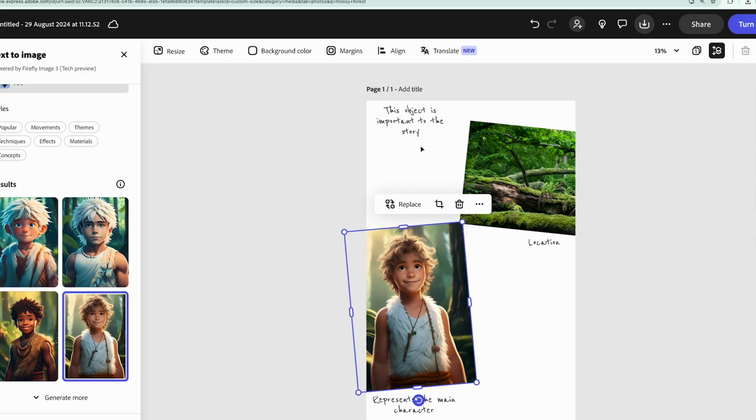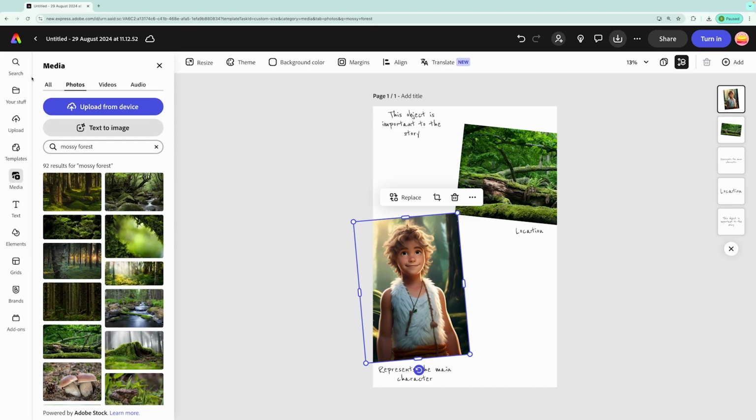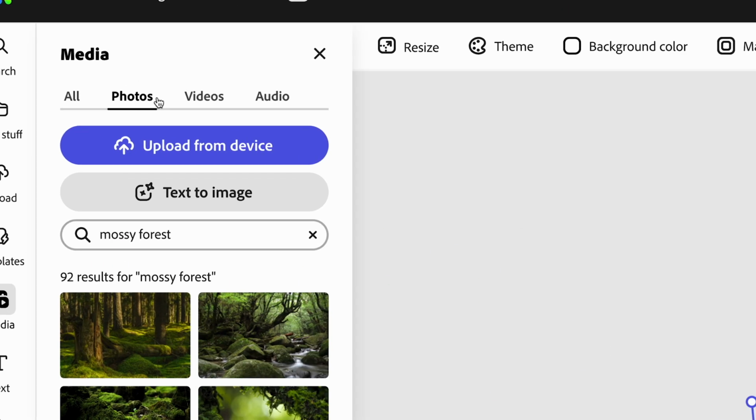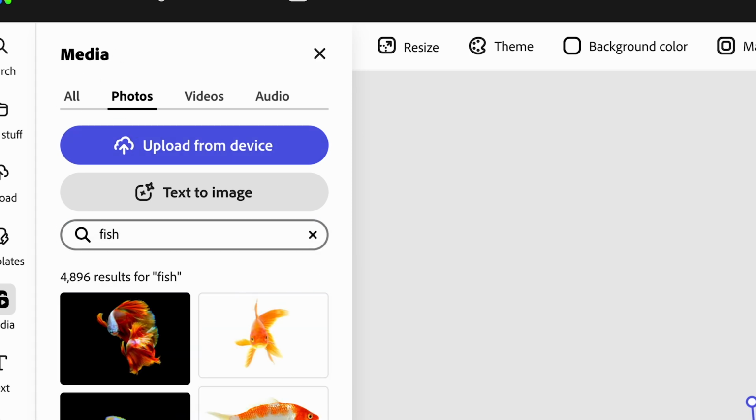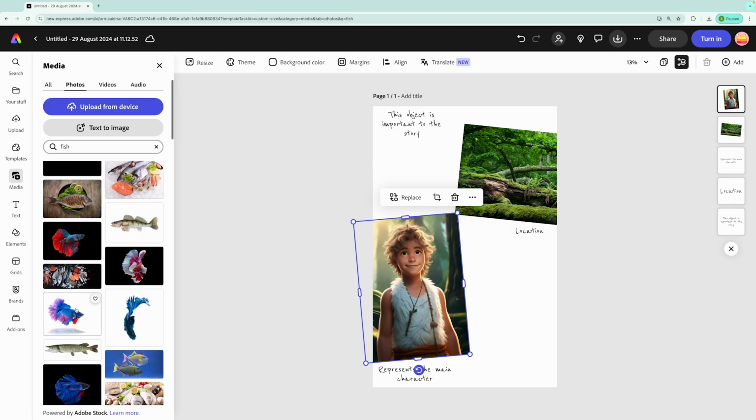Right, now then, an object which is important to the story. Now I'm going to go to Media. Now definitely the fox and the boy in The Catch, they work together to go fishing. So I'm going to search photos just for fish. And I'm going to bring in a fish, not a goldfish, a fish that they've been fishing for that they're